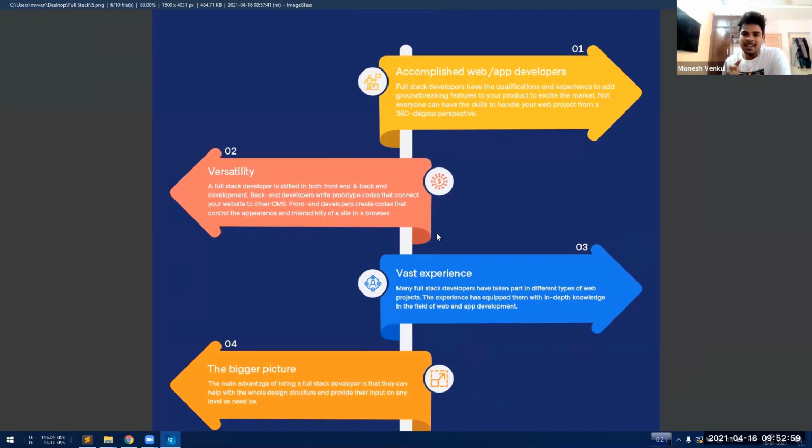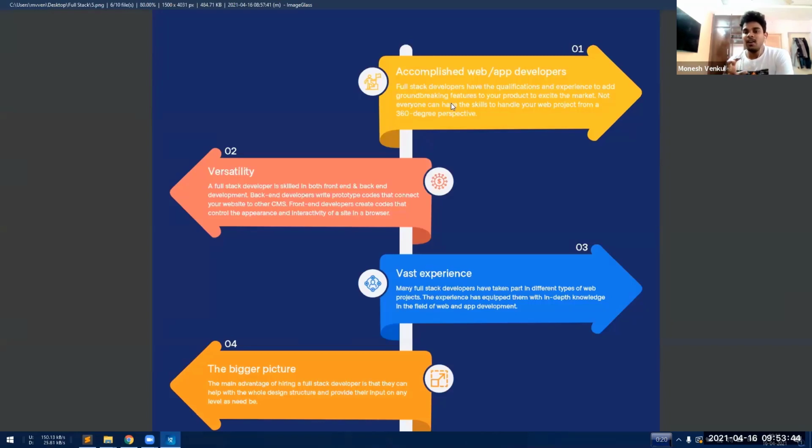Another thing is, if you really have good coding experience, if you are a master in Python, if you are a great coder, a great developer, then don't come to full stack development. If you learn analysis of algorithms, go to that side, learn data structures and go to Google or Amazon, because that is the good career option you have. If you are better in programming languages and data structures, my advice is not to come to full stack development. Full stack development is not an area for data structures or algorithms. Please move to completely learn data structures and algorithms and move to Google or Amazon. That is the best advice I can give you.